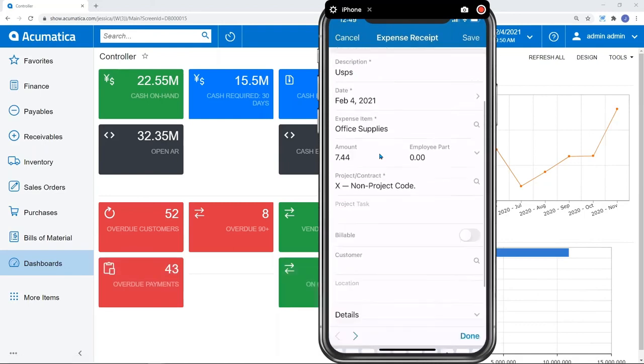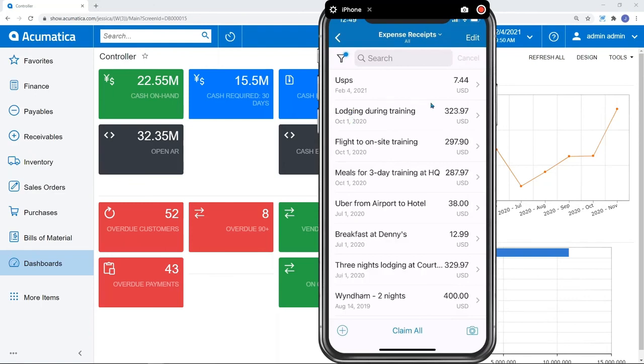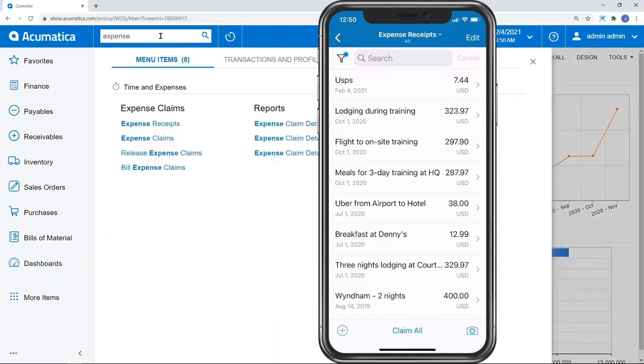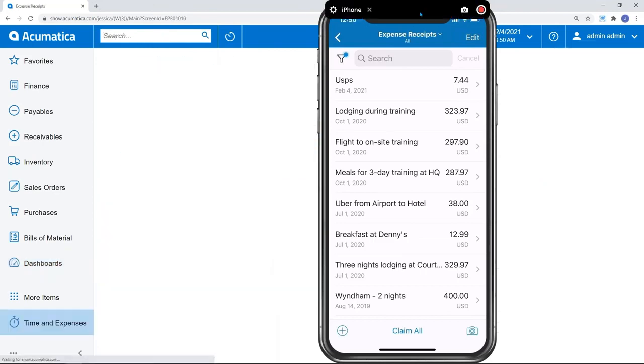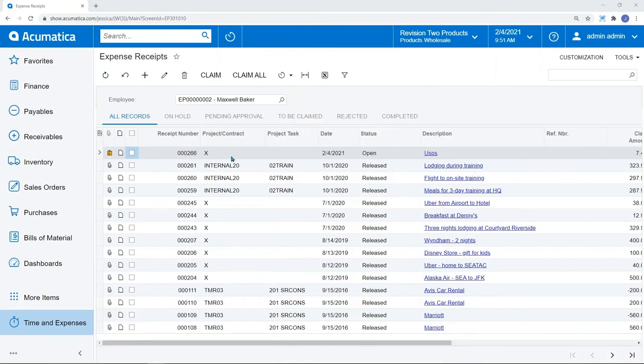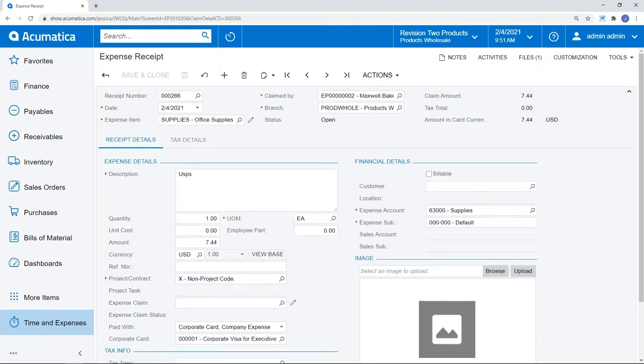So assuming that I got all of my fields in there, I've now just added a brand new expense receipt to my system. And over here on the back end, we're going to be able to pick that up. Somebody that is doing approvals, for example, is always going to see in real time this data coming in from anywhere. I don't care if it's a purchase order that needs approving. I don't care if it's a journal transaction. Just like we just did with this expense receipt, there is no delay.